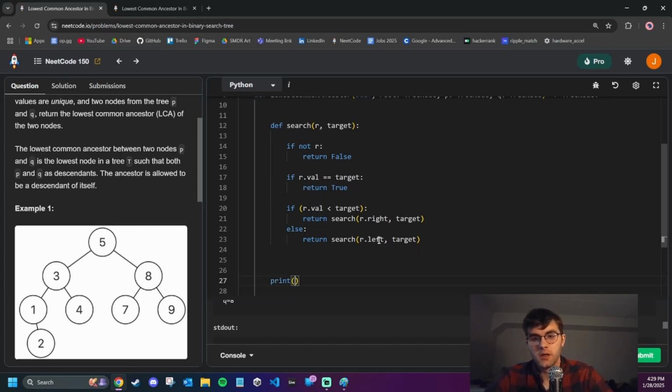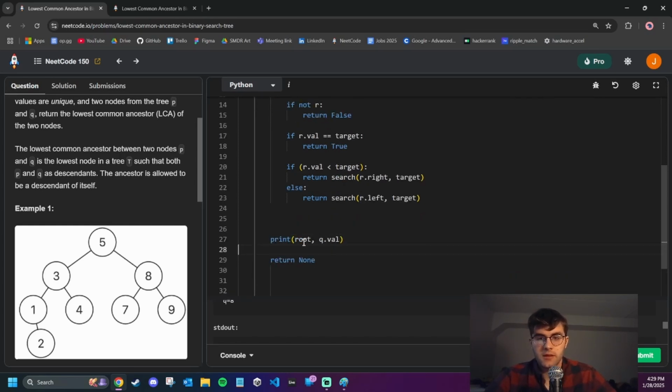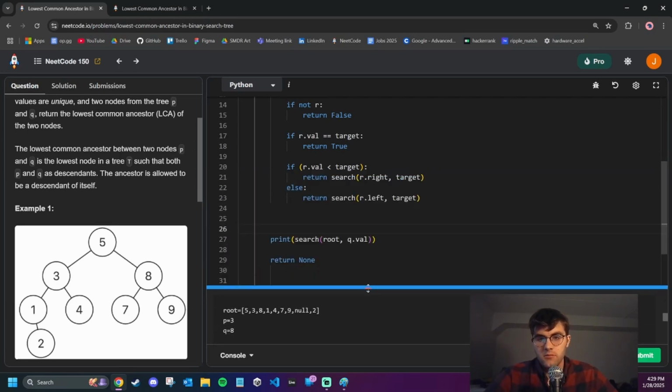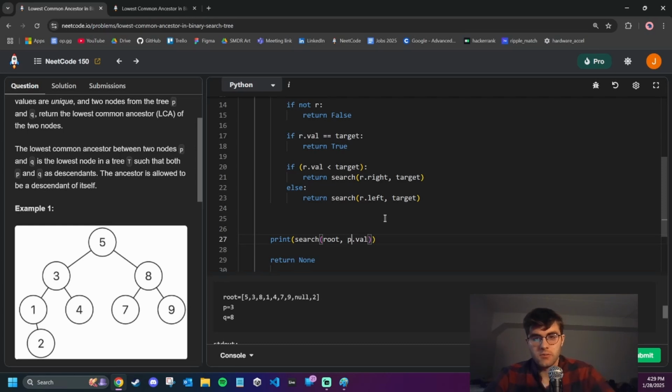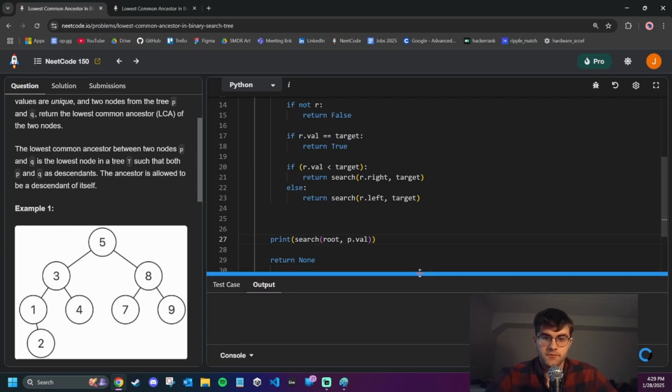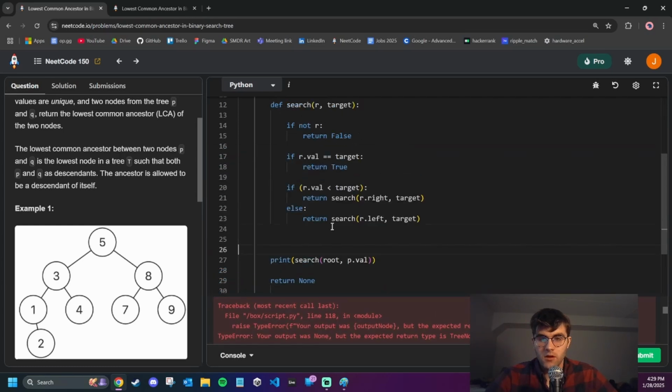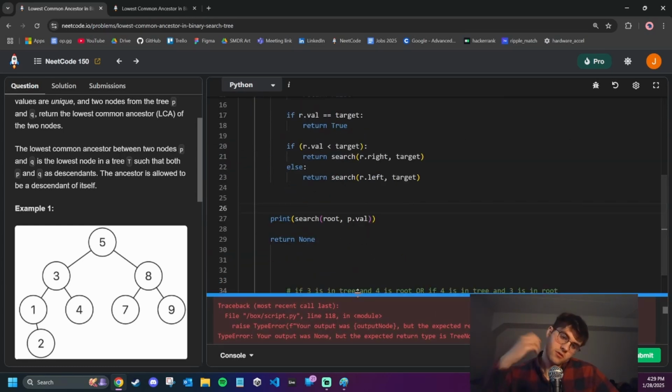So if I say print roots, and then I say q.val, print search, like that, true. And if I say p.val, okay,